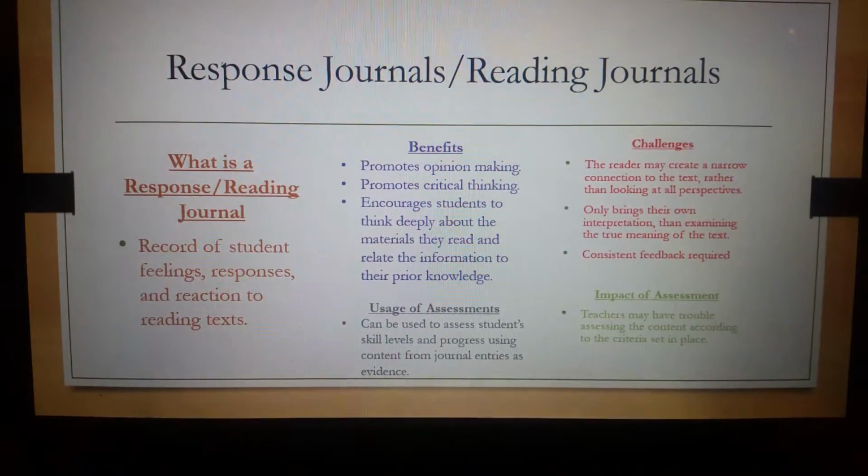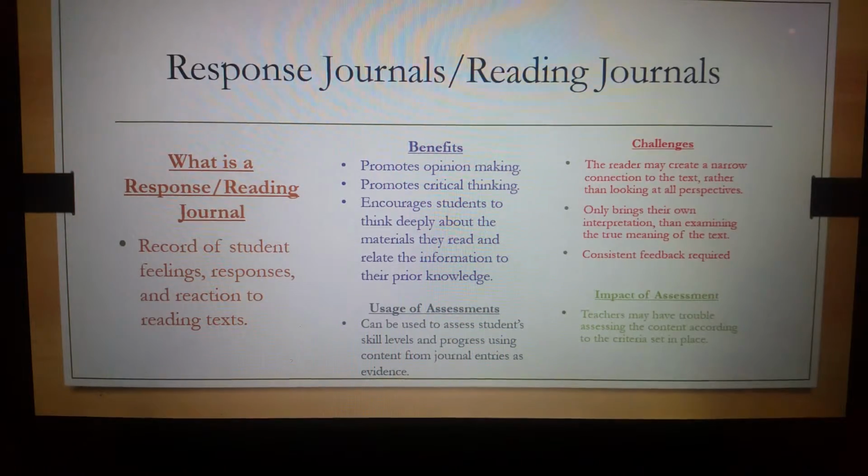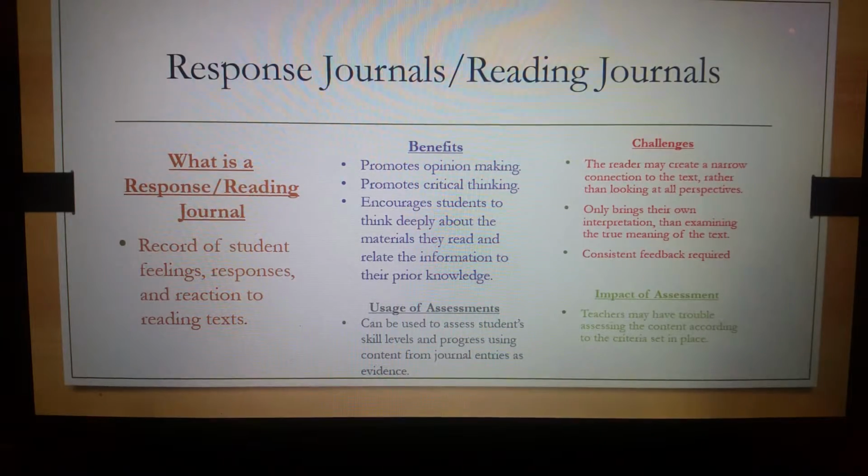Response journals/reading journals. What is a response reading journal? It's a record of student feelings, responses, and reactions to reading texts. Some benefits are that it promotes opinion making. It promotes critical thinking. It encourages students to think deeply about the materials they read and relate the information to their prior knowledge. The usage of assessments can be used to assess students' skill levels and progress, using content from